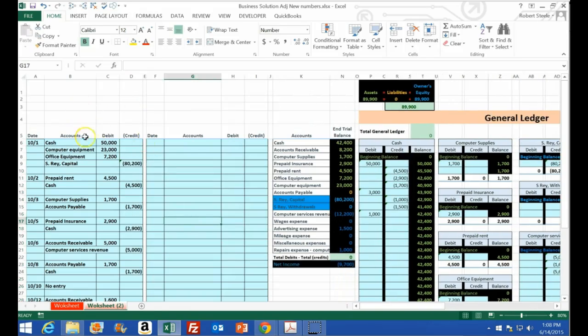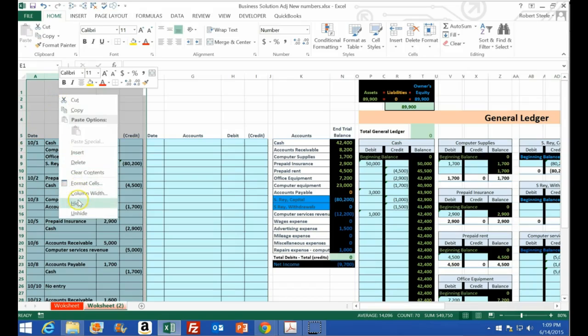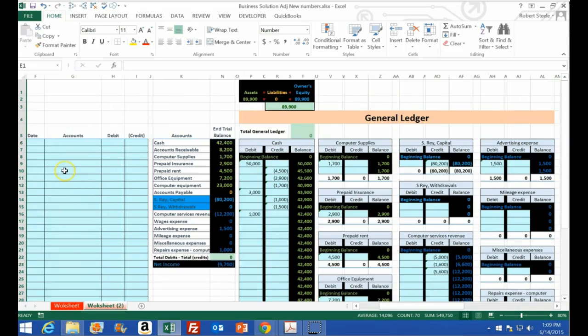And then if we want to get these out of the way, just so we don't have this over here, we could go to column E, which is really skinny, so make sure it's not like that. Left click, and hold down to A, let go, right click on the selected or highlighted area, and hide. And so then if we do that, we can continue on with